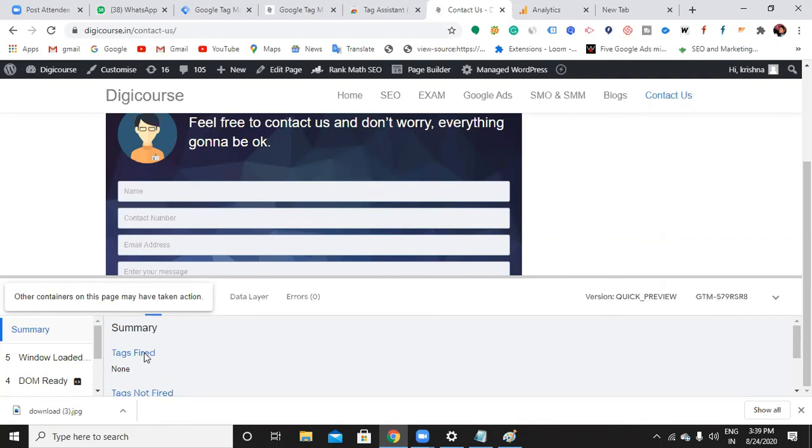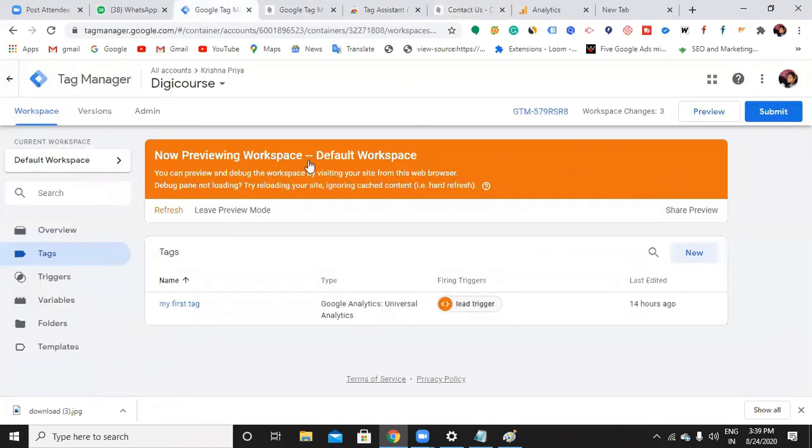Now I have chosen busycodes.in/contact us. So when someone visits this page or this URL, I want to track. So is that firing or not again? Yes. So this is how you can simply check with any type of tags. So I'm successfully done with creating tags and all. Not only these tags, if you still want to add a few more tags, you can add.